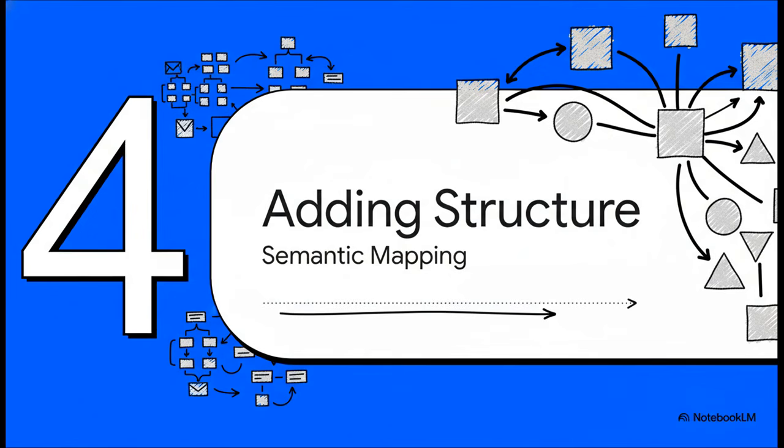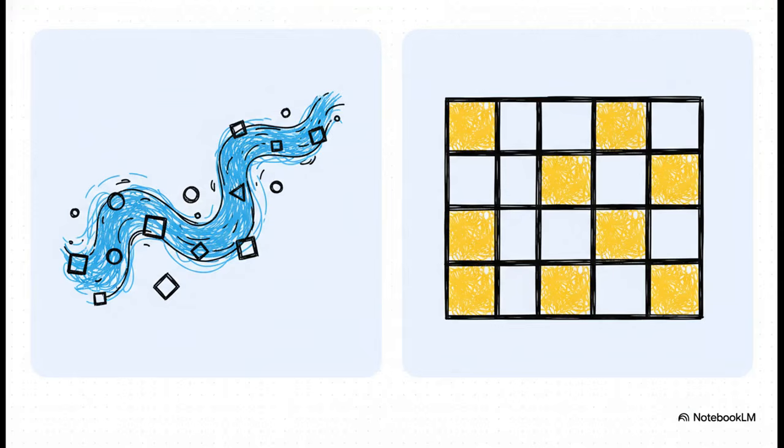Okay, so that first step is huge, no question. But what happens when you need more consistency across a really big team, or even your whole company? How do you make sure everyone is drawing things the same way and speaking the same visual language? This is where we take the next step up on our continuum. We can think about this next level, called semantic mapping, using an analogy from programming. Direct generation is kind of like JavaScript. It's super flexible, you can do whatever you want, it's weakly typed. Semantic mapping, though, is more like Java. It's strongly typed. It introduces rules, a bit of structure, and it's all governed by a central set of definitions,